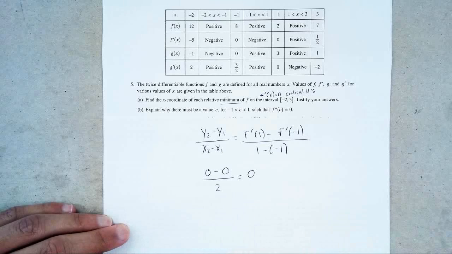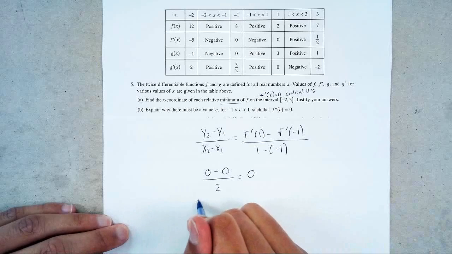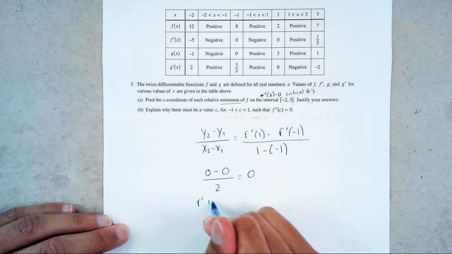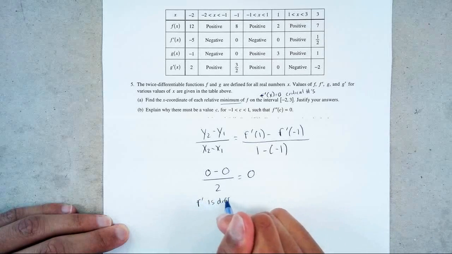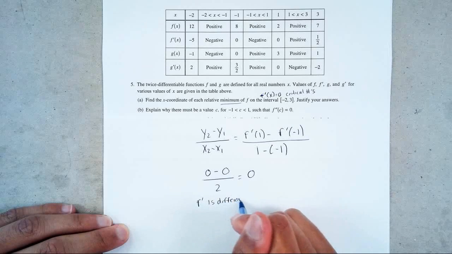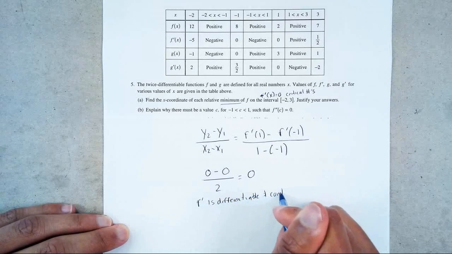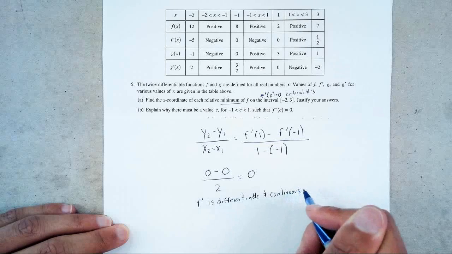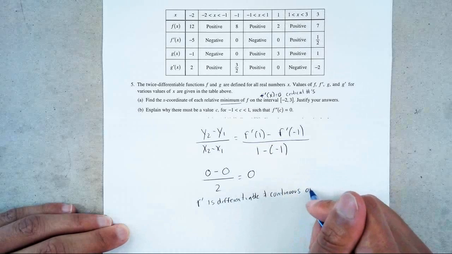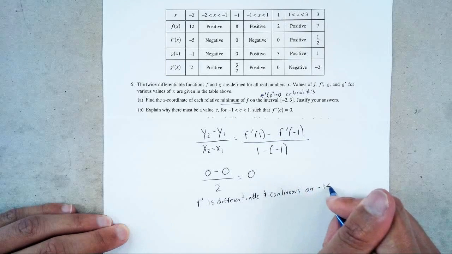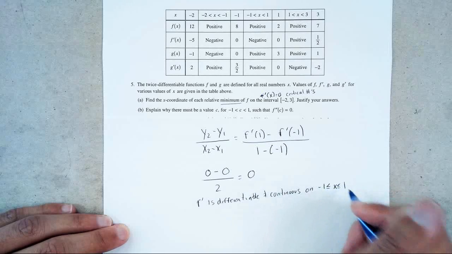And then remember, anytime you use a theorem and you're trying to prove something, you have to say, since f prime is differentiable, meaning you're able to find a derivative throughout its domain, and continuous, no jumps, no holes, on negative 1 to 1, the values that they were asking you to find,